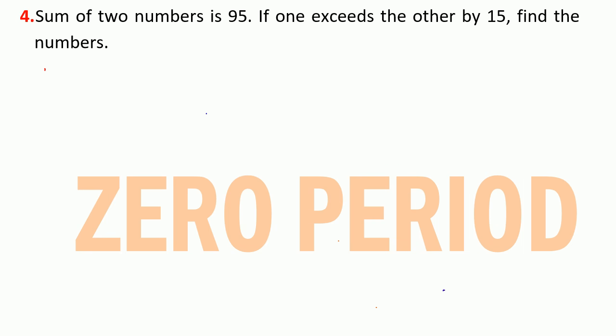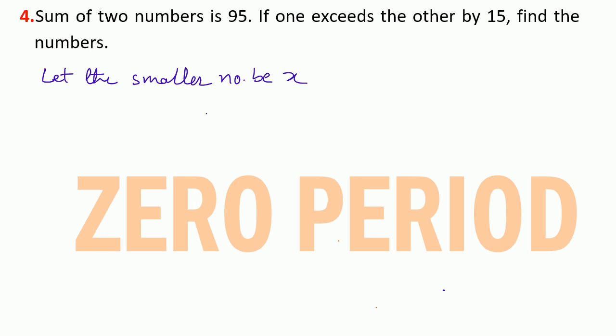Question number 4 says the sum of two numbers is 95. If one exceeds the other by 15, find the numbers. In this question, the sum of two numbers is given and the relation between these two numbers is given. None of the numbers is given directly. So we have to assume at least one number as a variable x, and then use the relation given. So let the smaller number be x,